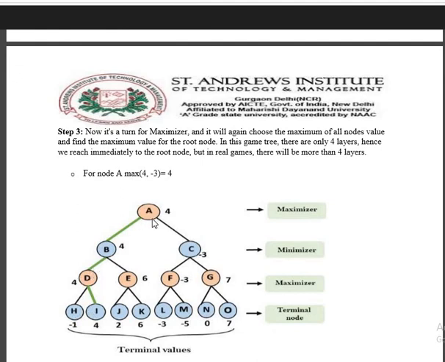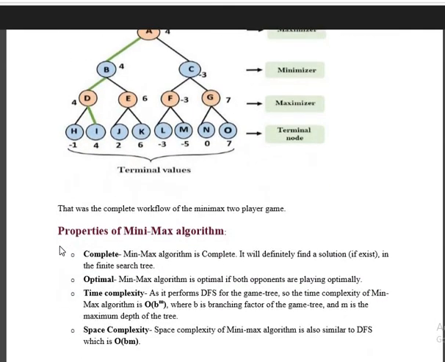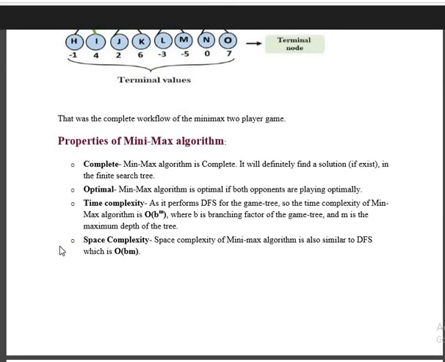So we are covering the path by solving the game from the game tree, that we will be moving from A to B, B to D, and then going down D to I. Okay, this is the path we are covering. So here we have some of the properties also for the minimax algorithm, as we come across with every algorithm.